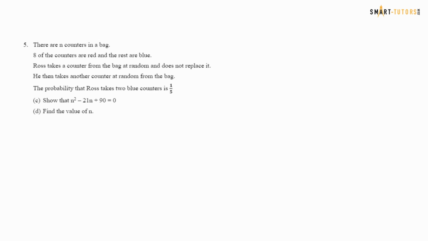There are n counters in the bag, so the total is n. 8 counters are red, so red is 8, and the rest are blue, so blue is going to be n minus 8. So again, this is algebra. Rose is taking a counter from the bag at random and does not replace it, and he then takes another counter at random, and the probability of taking the 2 blues